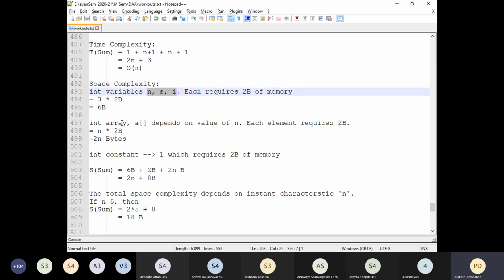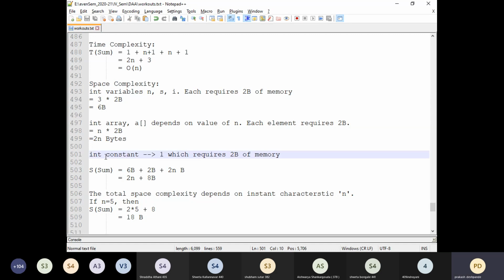Then we have an integer array. Since it is an array, the total memory depends upon the number of elements it stores, and each element requires 2 bytes of memory. So in general form, the array A requires 2n bytes, where n is the number of elements this array can store.